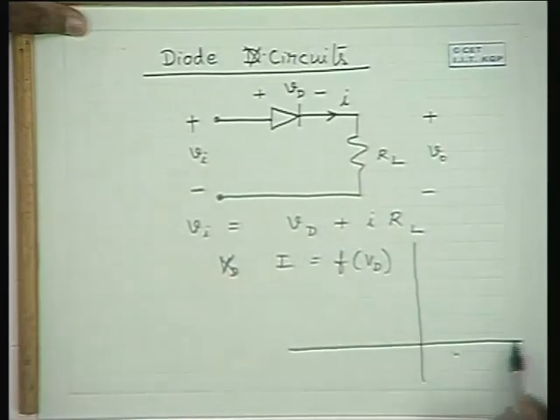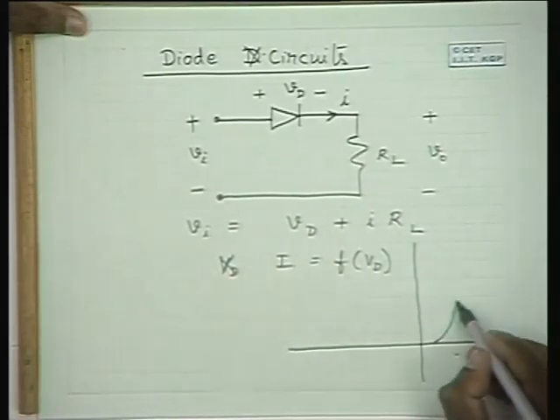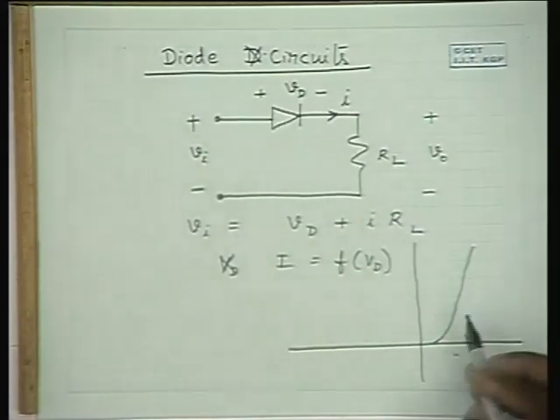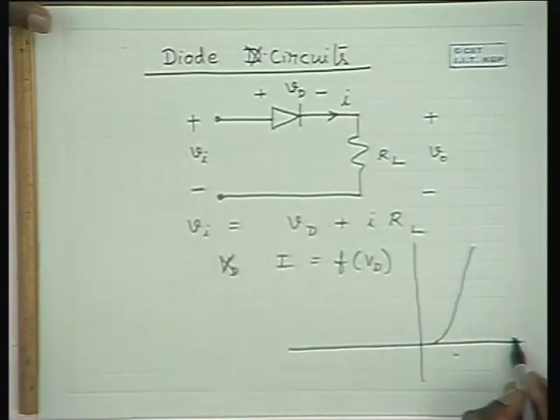Given the characteristics, we can do it graphically. When two equations are given to you and you are asked to find the point for which these two equations are valid, you know that the point of intersection is the solution of the equations. So now we have one equation given here,